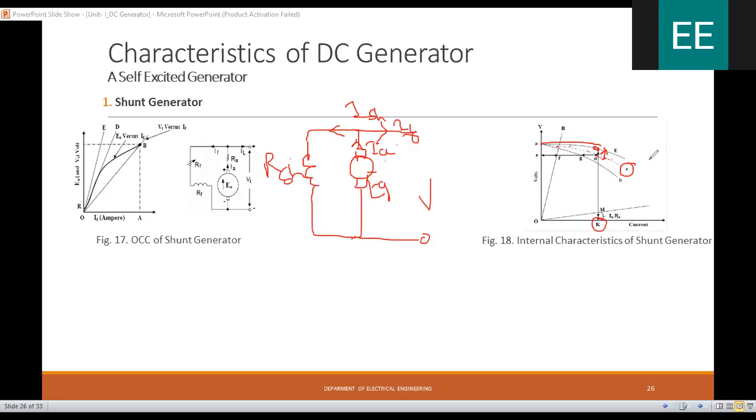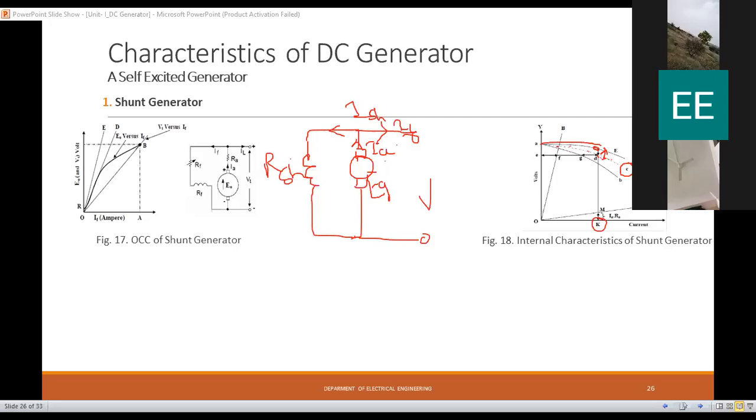Now, when the armature voltage drop, that is IA RA, is taken into account, at that situation when IARA is taken into account,